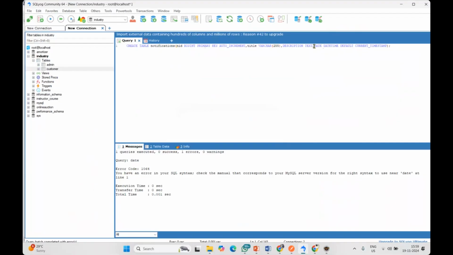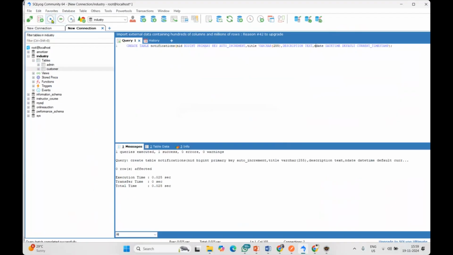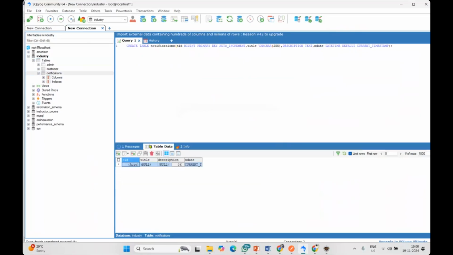So here I will give some notification date and I will try again. Okay, here see the rows, 0 rows affected, the one query executed successfully. And when I refresh it, see here we have the notifications table. When I click on the notifications table and go to the table data, here we can see NID will be auto